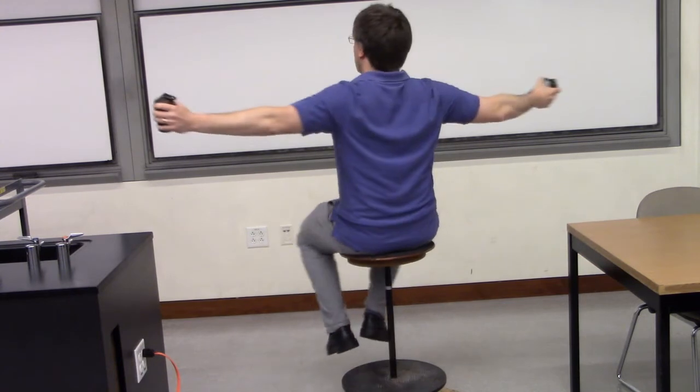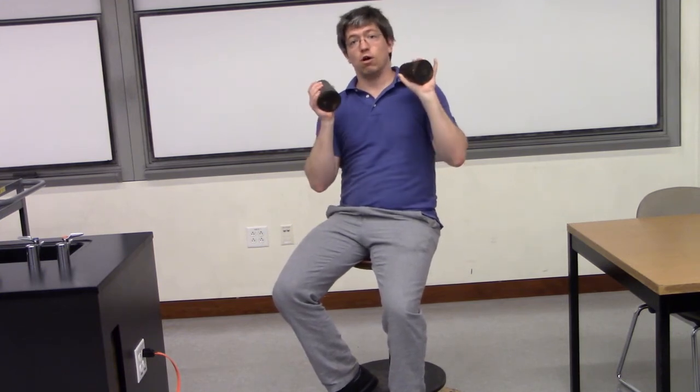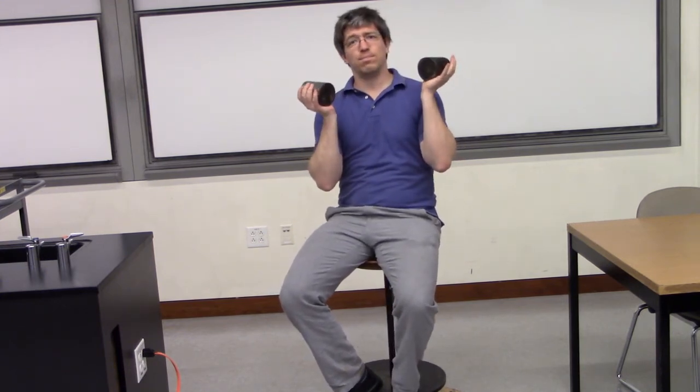I'm going to increase my moment of inertia again, and decrease my moment of inertia again. But because angular momentum is conserved, a bigger moment of inertia means a lower angular velocity, and vice versa. Try this at home. You can use any weights. The heavier, the better, of course, the more effective, but even just using your arms works. Give it a go if you can. A lot of fun. Also, really feeling dizzy now.